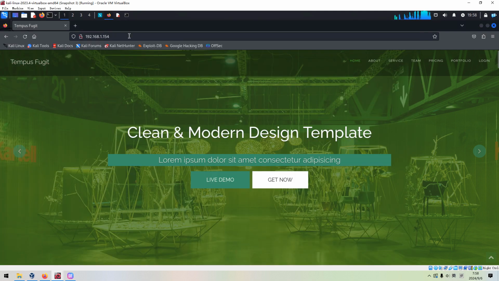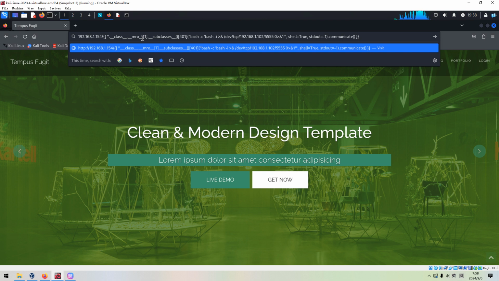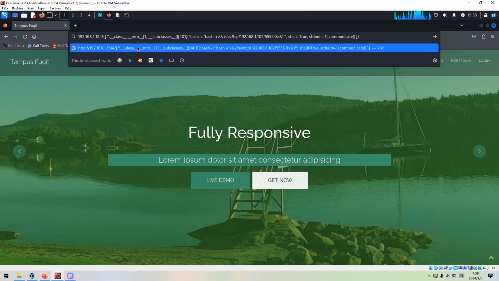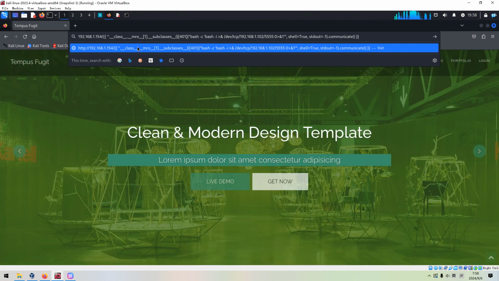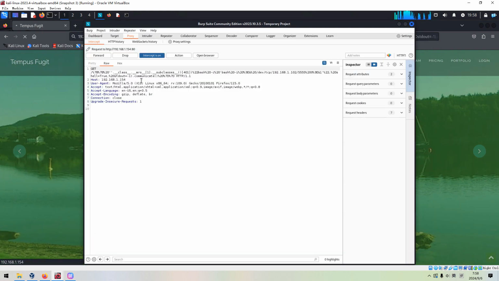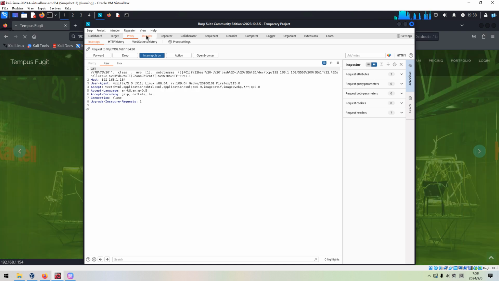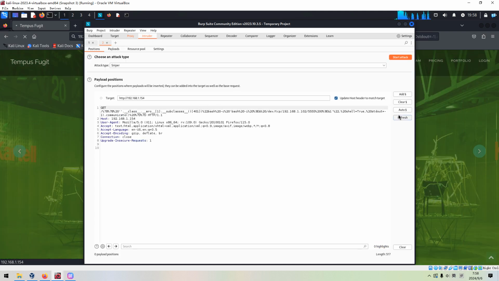And now we can put it over here. Make sure everything is typed correctly. We can press enter, and we can send this request to Intruder.